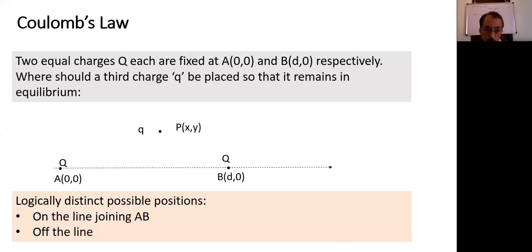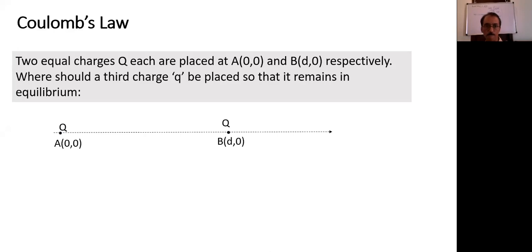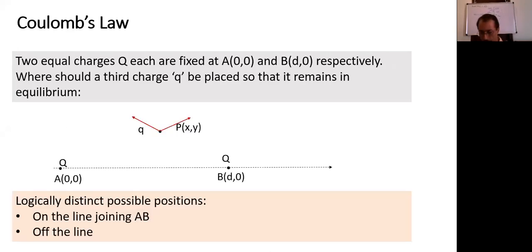It cannot be 0. Why can't it be 0? See, the two forces will be acting along these lines, due to each charge. What are the two red lines drawn here? The directions of forces. If two forces are acting, the resultant of the two forces can be zero only if the two forces are collinear, acting along the same line. If the point P is not on the line, the two forces cannot be collinear. So the resultant force can never be zero.